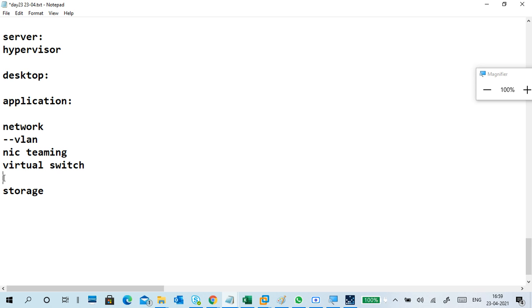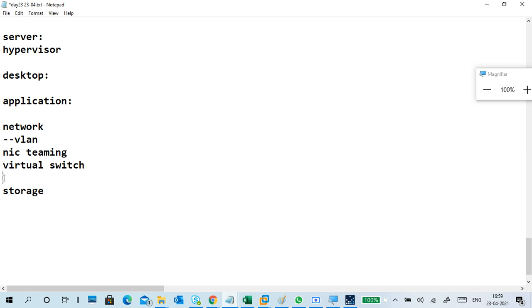VMnet8 is NAT translation, for outside communication, where virtual machines get a different IP address. That is an internal switch with a NAT facility, so we can also consider it network virtualization.